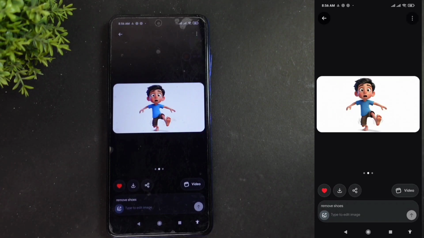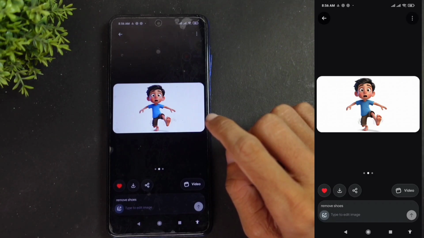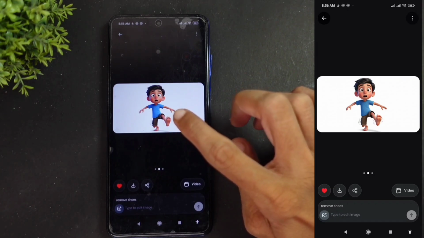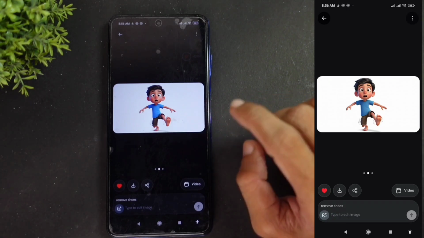Now here you can see that the shoes are removed and other things they didn't change. Those things they've kept exactly the same. But only the changes I told were made. Likewise, you can do any editing in this photo, and sometimes you may want to add another photo to this